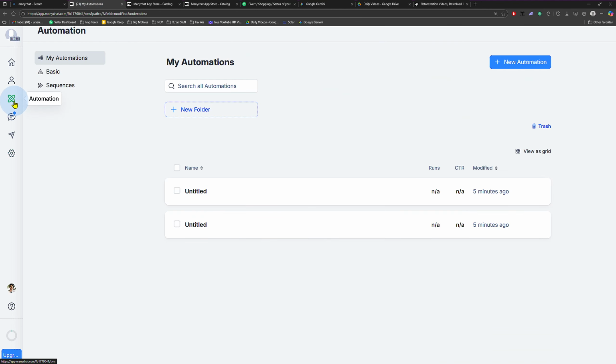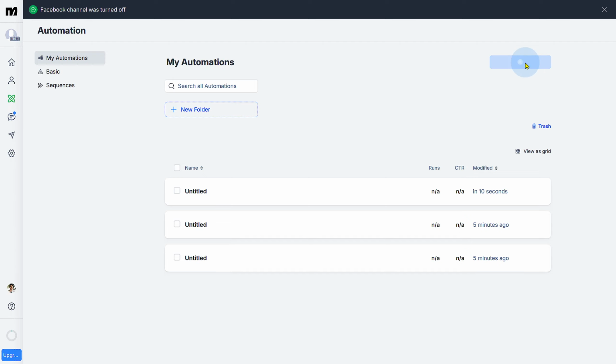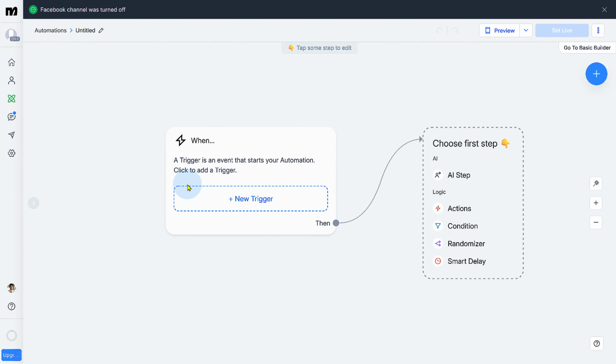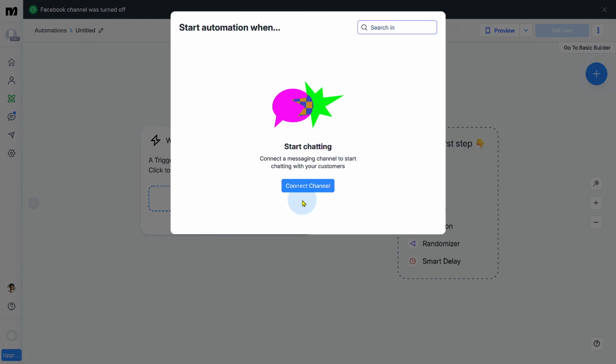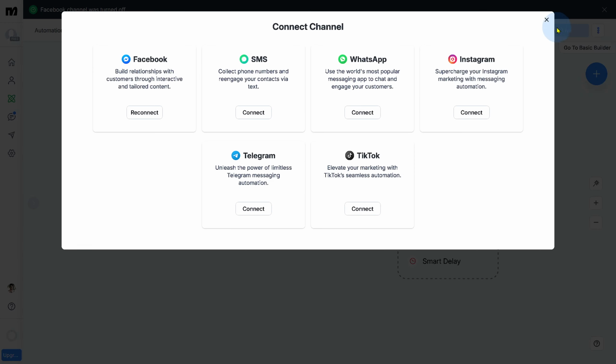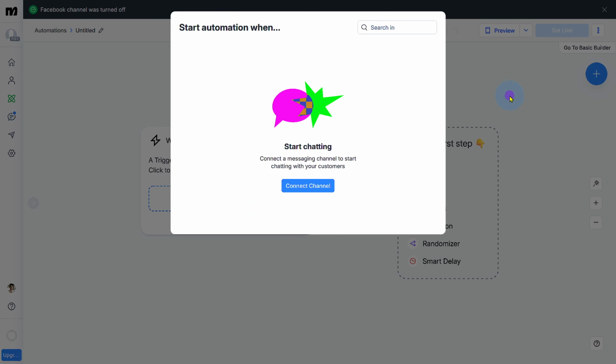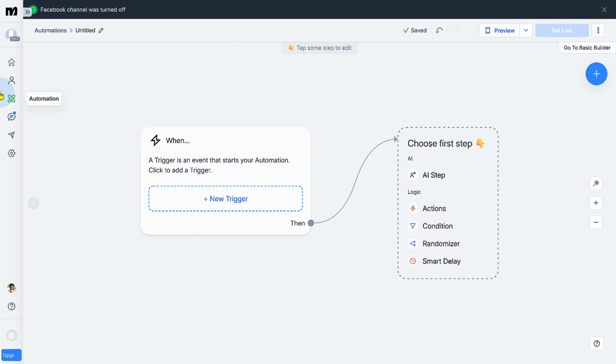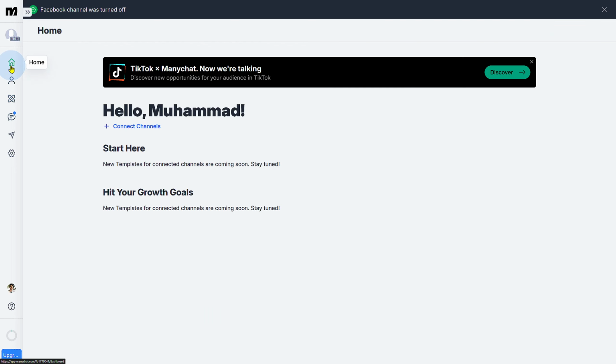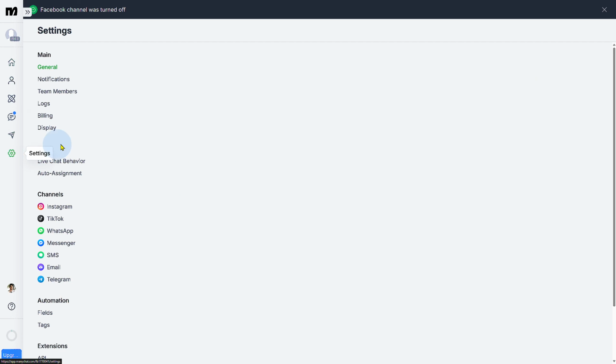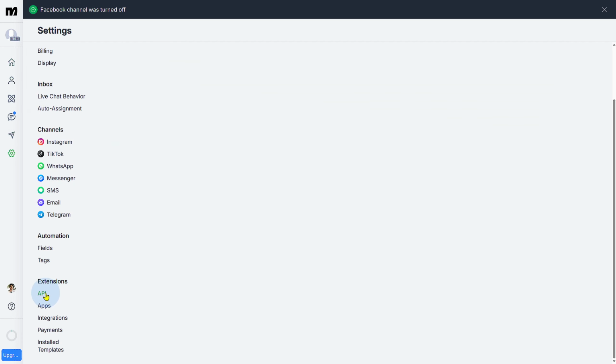So if you head over to automations, you can create different kind of automations in here. Like for example, if someone DMs you, you can add a new trigger. You can connect the channel, and on Instagram or your site, it is going to be replying back to them as a chatbot and helping you in assisting the client or potential visitor. So basically this is how you incorporate it, or you can also use the API to integrate it onto your